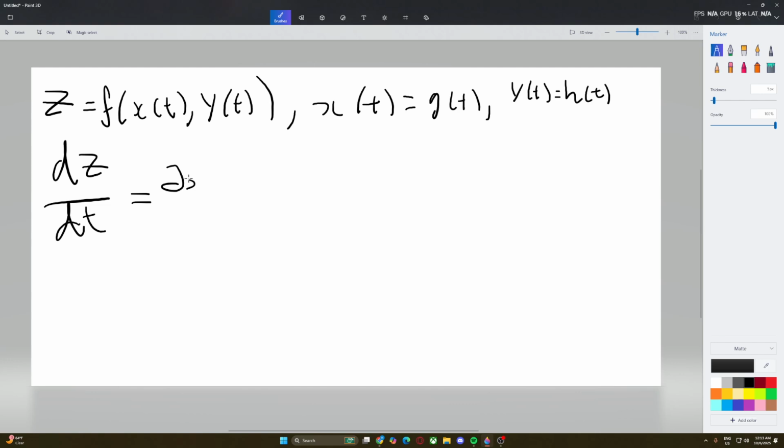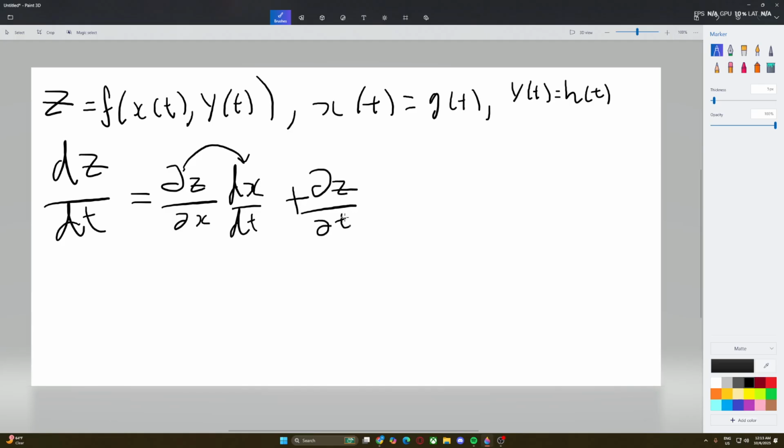Oh, whoops, no, my bad. Partial z, partial x, dx dt. Notice the difference. And the reason why this is partial and this is the real derivative. Also, I forgot to write the full thing. Oops. No. So this is partial, this is the full thing, because